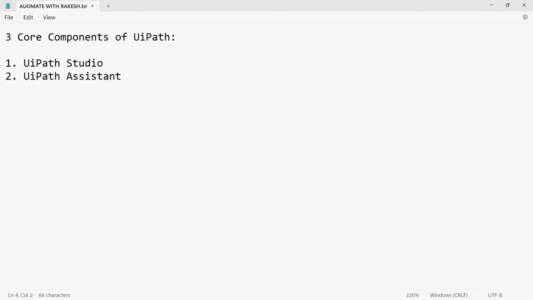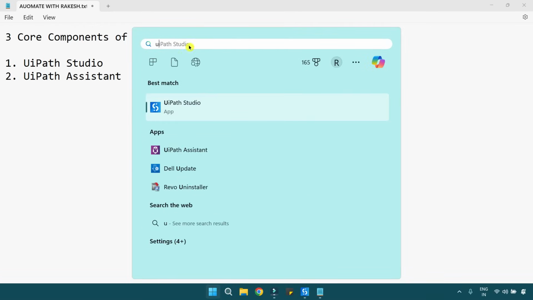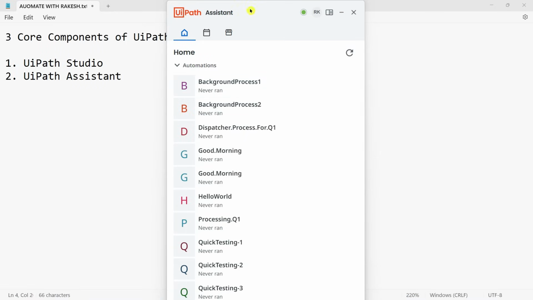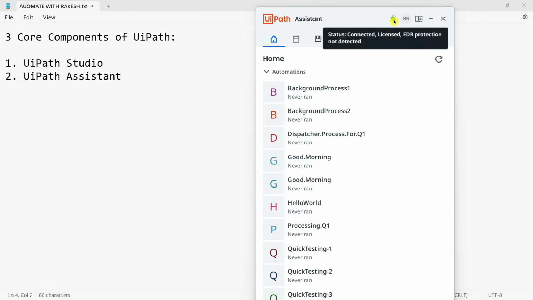So what is this assistant? Let us first see that. Now for this, go to your Windows and search for UiPath Assistant. So you see this UiPath Assistant. Click on this. When you click on this, for the very first time when you open, it will be blank. And here you see a green